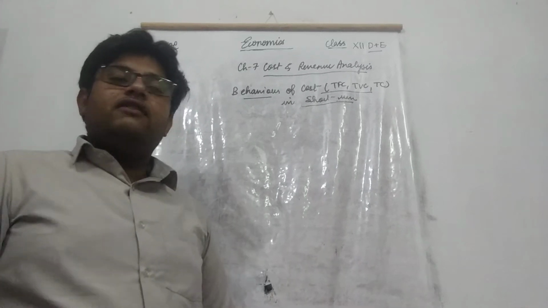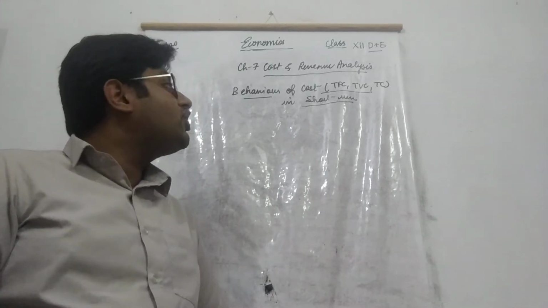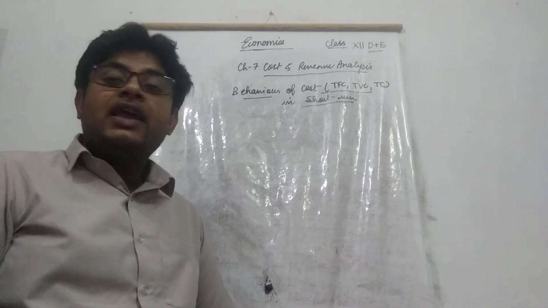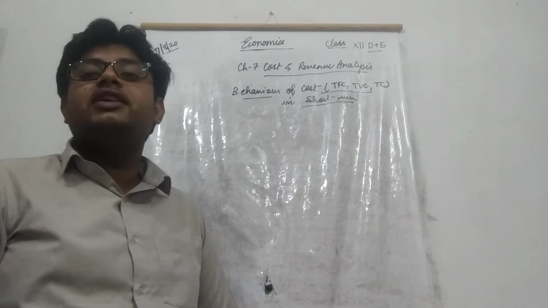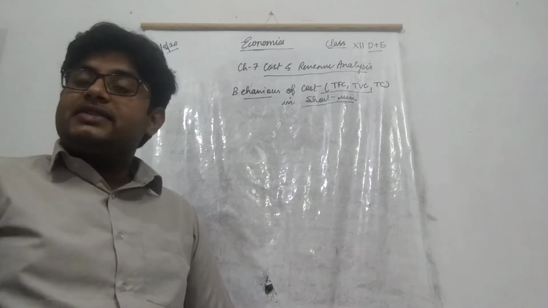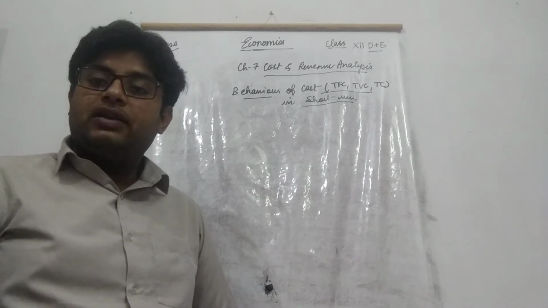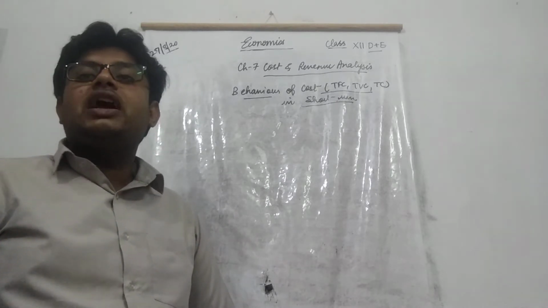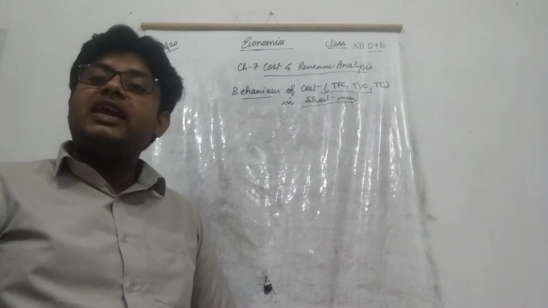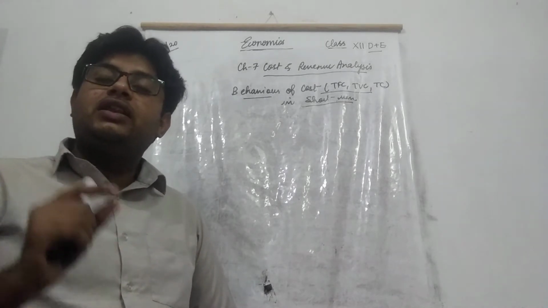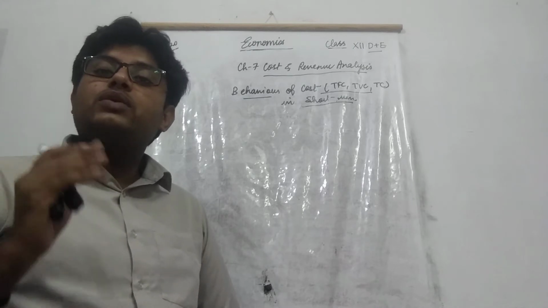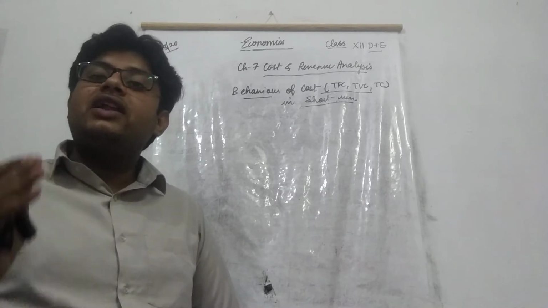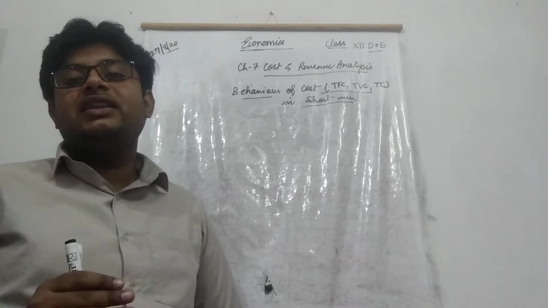So students, today we have to discuss the behavior of cost, that is the behavior of total fixed cost, total variable cost and total cost in the short run with the help of the graph or the diagrammatic representation. Yesterday we did it with the help of the table. Today we will do it with the help of the diagram, but you have to relate it with the table. If the table is clear, that is what was happening to TC, TFC and TVC when output was increasing, then it will be very easy for you to understand the diagram.